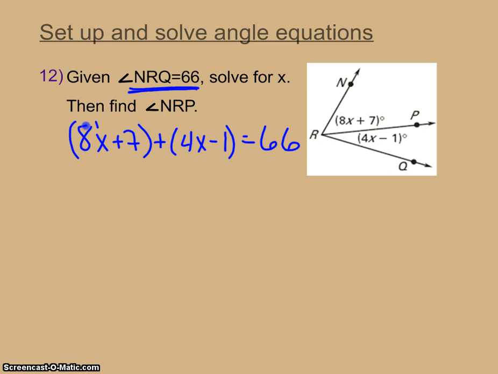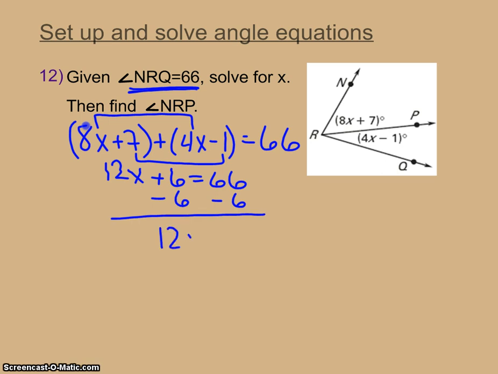Now we combine our like terms, so we get 12x, combine our 7 and negative 1, so we get plus 6 equals 66. Solve our equation, 12x equals 60,